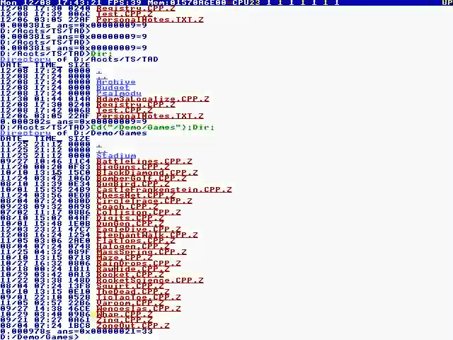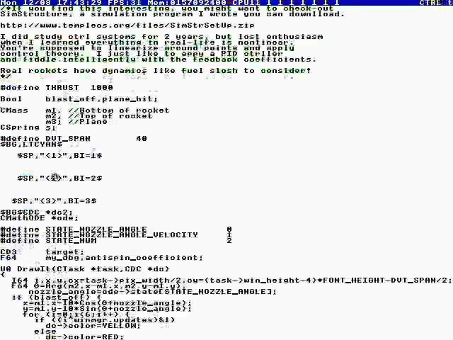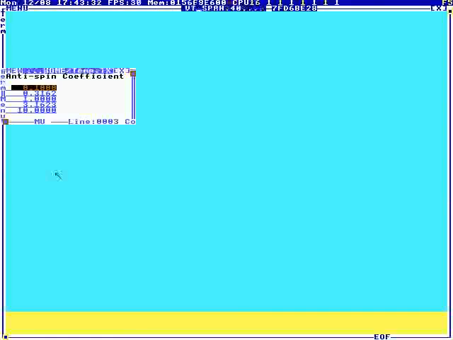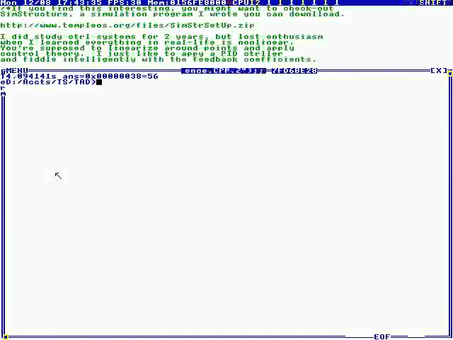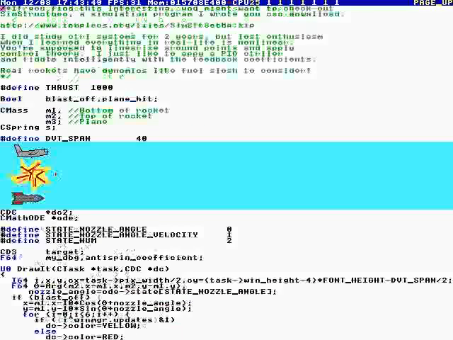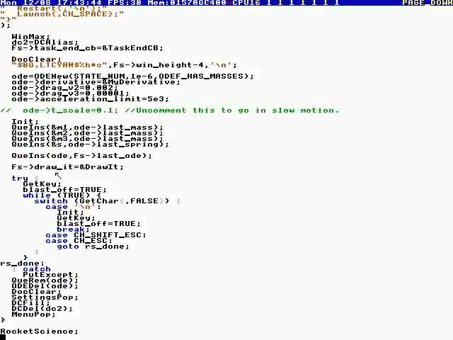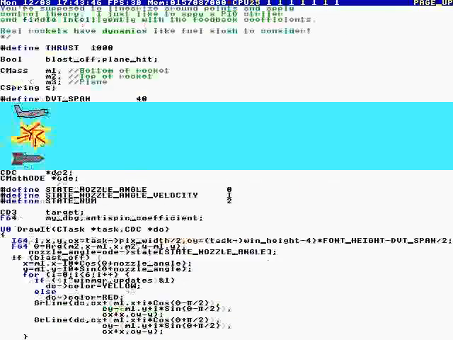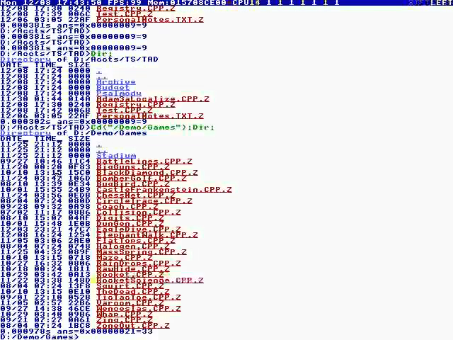Now, if we want to run the games, we can go to Rocket Science and hit F. This is just, you can change the background color. That's hit F5, and we do a crazy rocket. Okay, so I have an incredible interface that is just a few lines of code. So this is stored in a